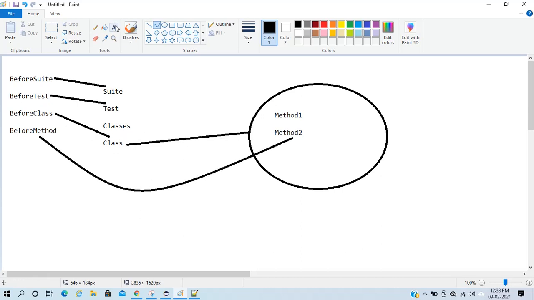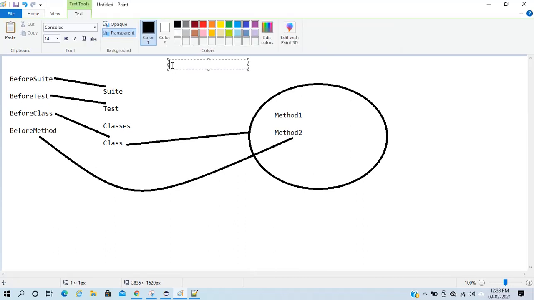So this is my testng annotation execution flow.